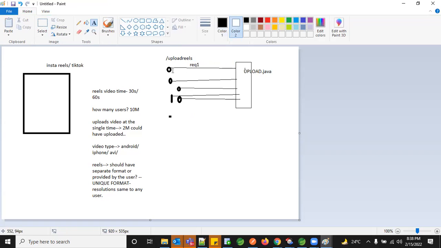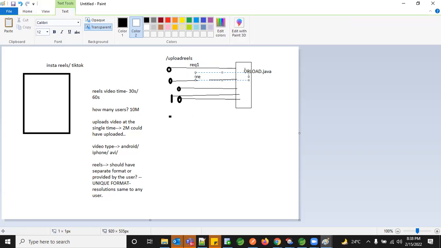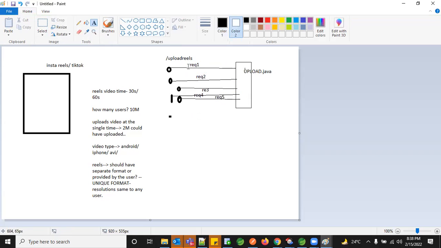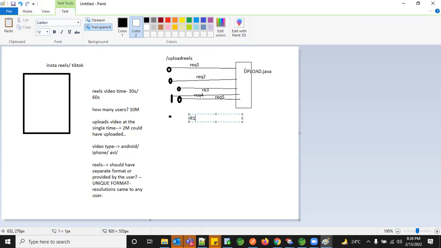And I'm not sure whether this particular user gave the request initially or he came later. But for me, now I got the request like this. So this is request 3. And let this be request 4. Let this be request 5. Okay. Now, if I handle all the requests one by one, R1, let it complete, upload, and then I format the data, and then save the data, save the video, and give an acknowledgement, the video uploaded successfully. So this is the flow.